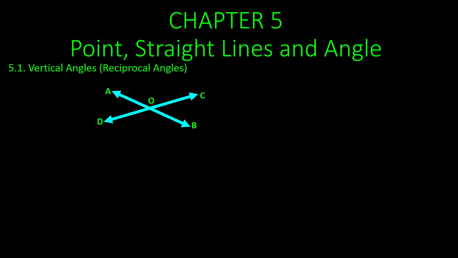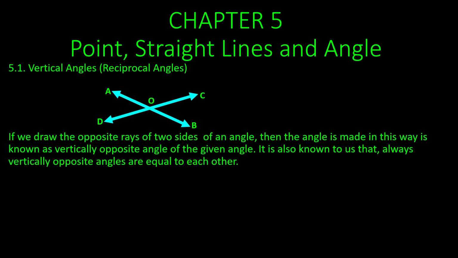Dear audience, on the screen we find a figure where straight lines AB and CD intersect each other at the point O. From the figure, you will find that intersecting the two straight lines, four angles are made. And from your careful observation, you will find that